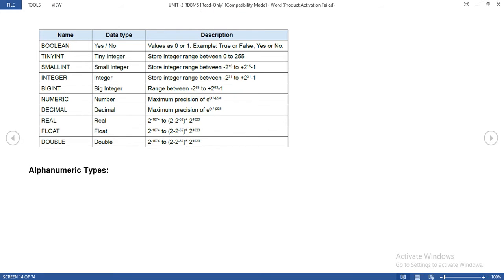Let's learn about the numeric data types. Numeric data types are used for describing numeric values for the fields used in the table of a database.